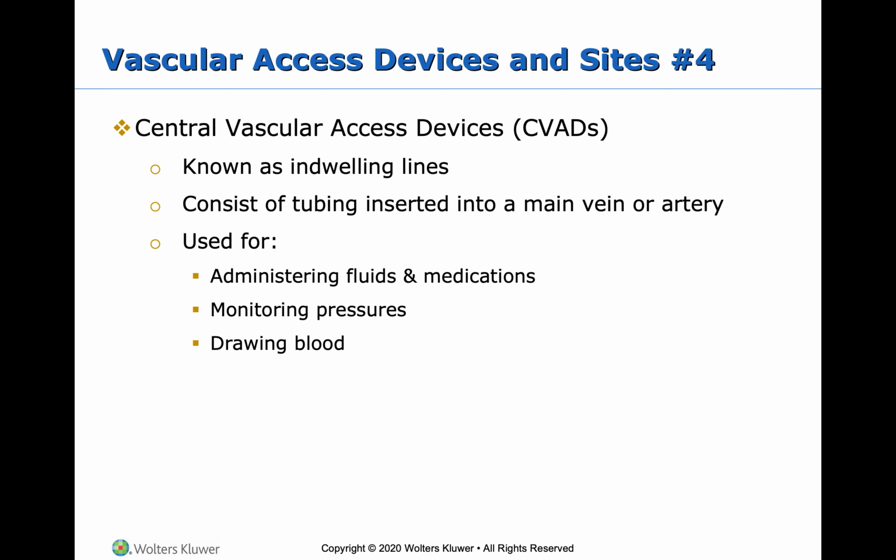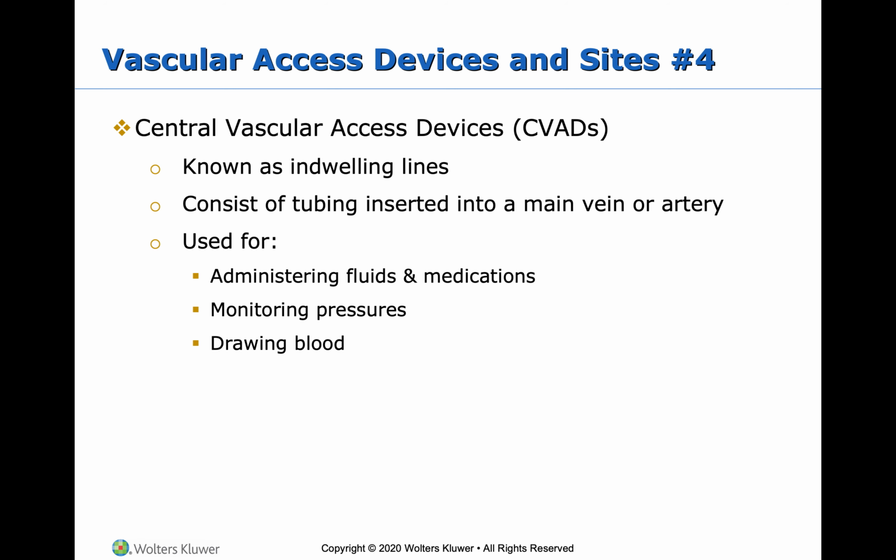So if you have a patient that is an extremely hard draw, has really bad veins, they might put in a CVAD just to make it easier for drawing blood, administering medications, so that they don't have to start IVs every time. If a patient's in and out of the hospital often, or on chemotherapy, stuff like that, where they have to get IVs frequently, they're probably going to use one of these instead. It makes it much easier to access